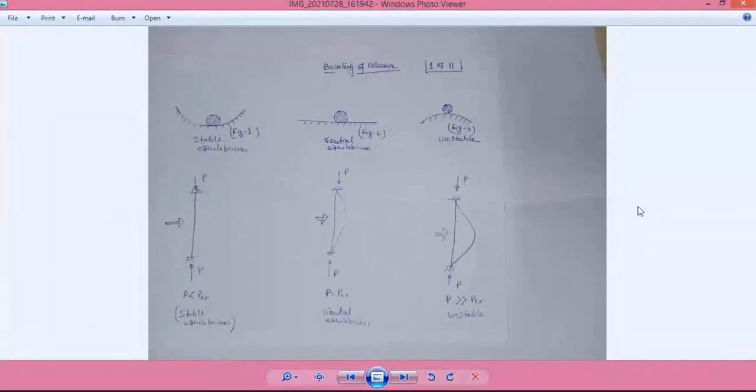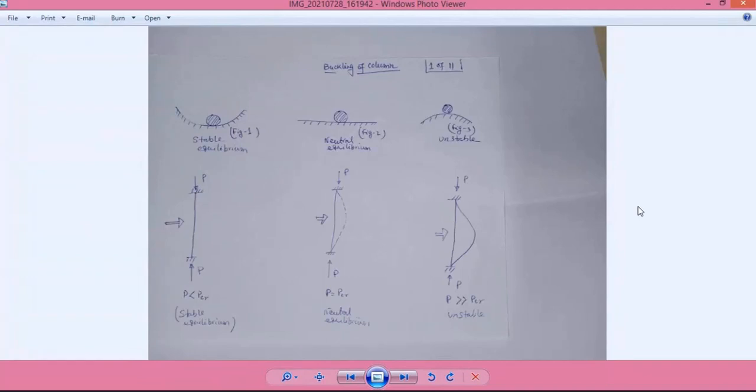Okay, next, the third column. If the compressive force on the column is exactly equal to a certain value, that is PCR or P critical, and if we remove this horizontal disturbance from this column, the column remains in a stable, equilibrium condition, but it never comes to its initial position. That means the column does not maintain its initial configuration if P is equal to P critical or PCR.